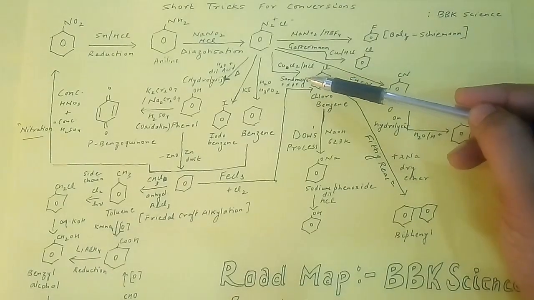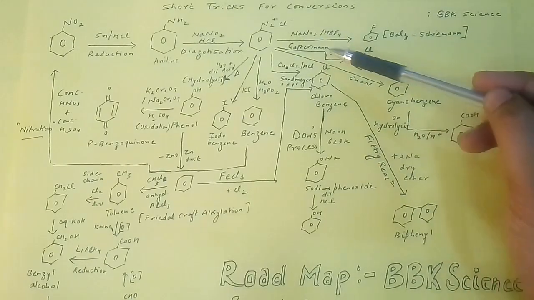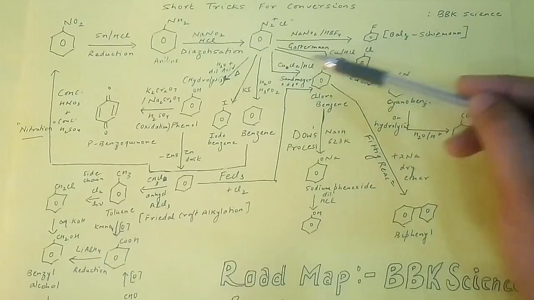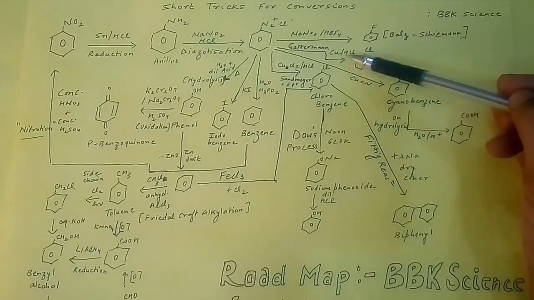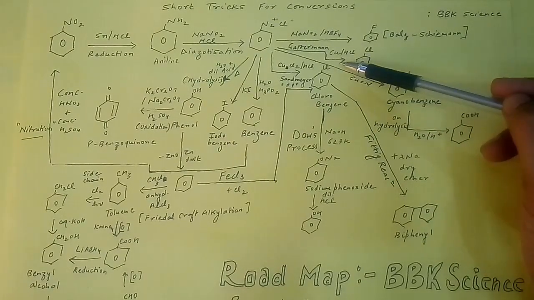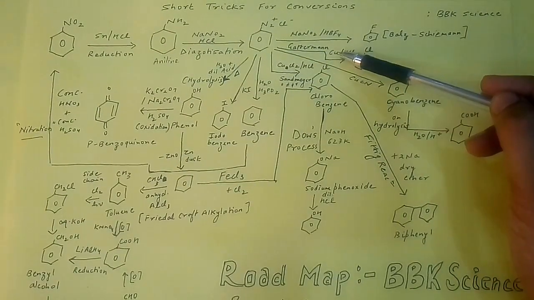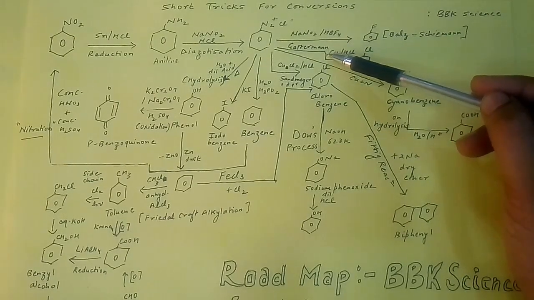A very slight difference in Sandmeyer reaction and Gattermann reaction is, if I have to add only copper, just copper, it's not CuCl2, it's only copper in presence of HCl, the product it would give is chlorobenzene. See, both of them are giving the same product. The only difference is it is taking a salt of copper, whereas we are taking copper metal in this case. This reaction becomes Gattermann reaction.